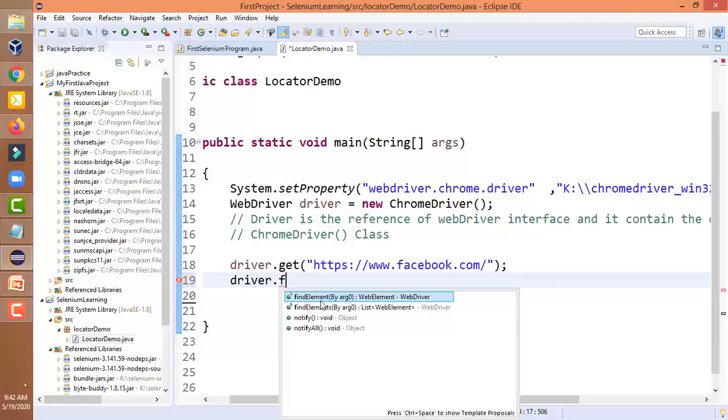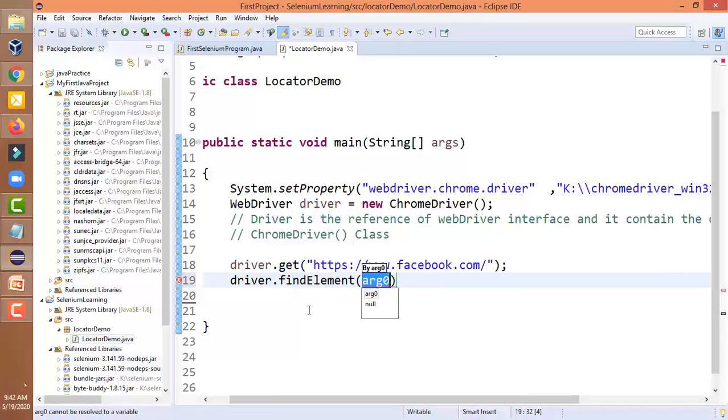I will explain what WebDriver interfaces and Chrome driver classes mean, and how one method can be defined in an interface and implemented in a class. As of now, you should remember only one thing: find element has been defined in the WebDriver interface and implemented in the Chrome driver class, and it is used to find the element location.